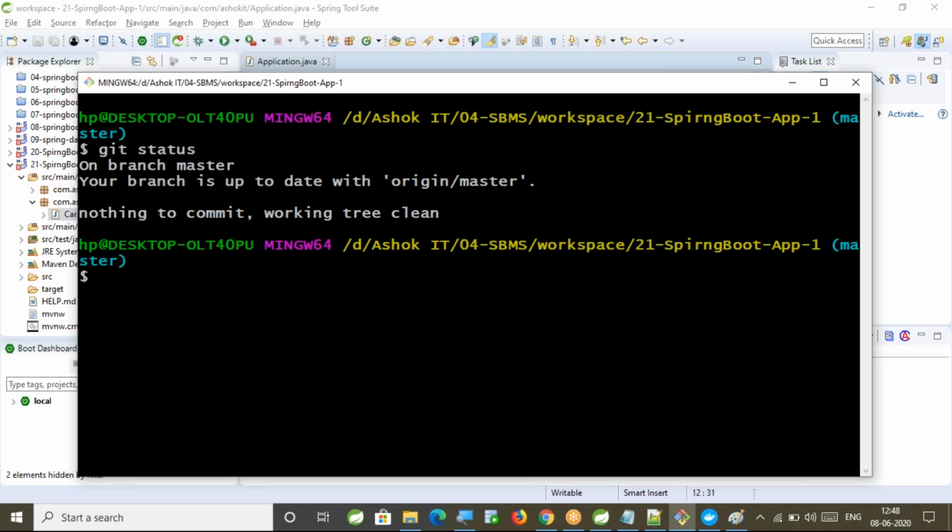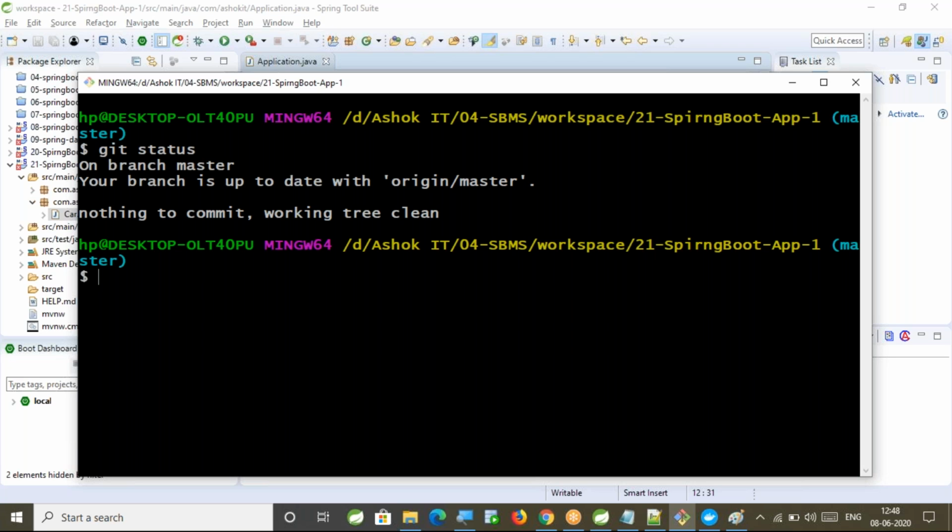Now I need to work back on 122. In the morning I worked for 4 hours and have done so many changes. Do you want me to rewrite that complete code again? We should not rewrite the complete code again. So what do we need to do for that?